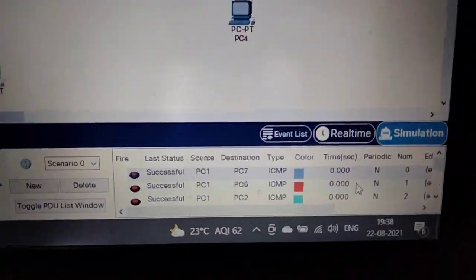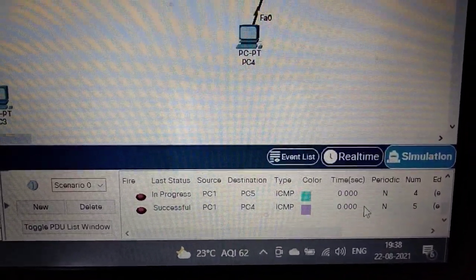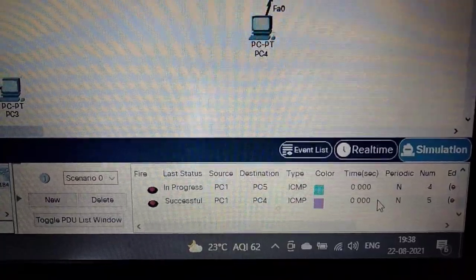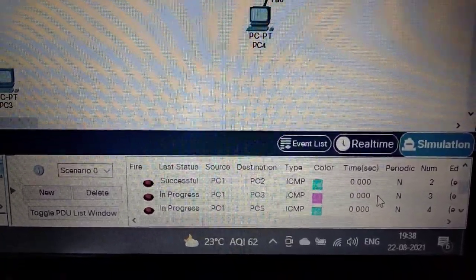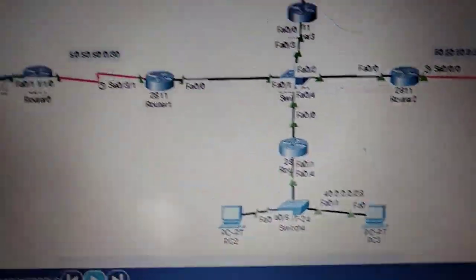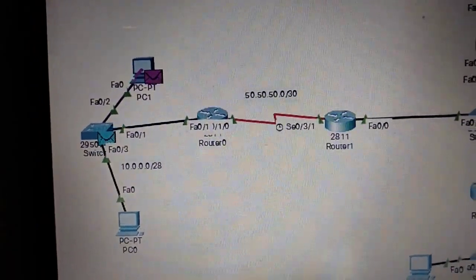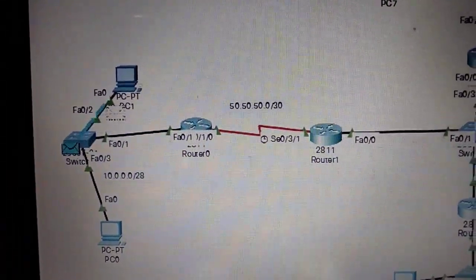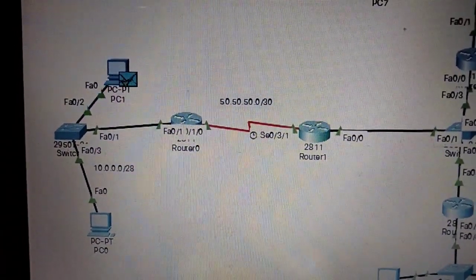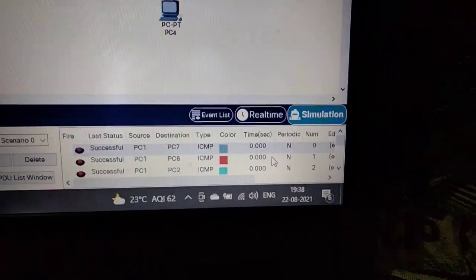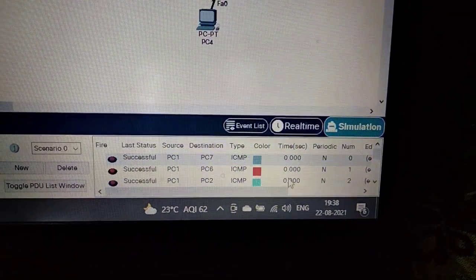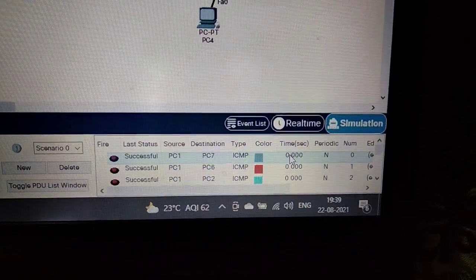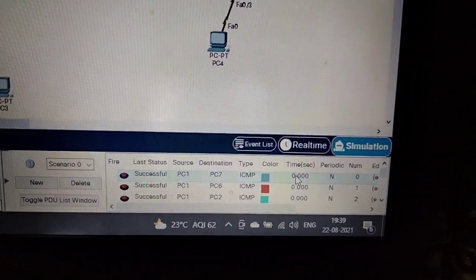See here also, everything is getting successful. Only two are in process now, because they are getting the message back to the PC. Just now one PC got its reply and now another also got it. Everything is done successfully.